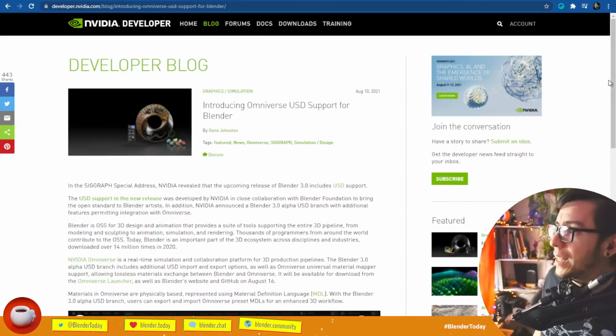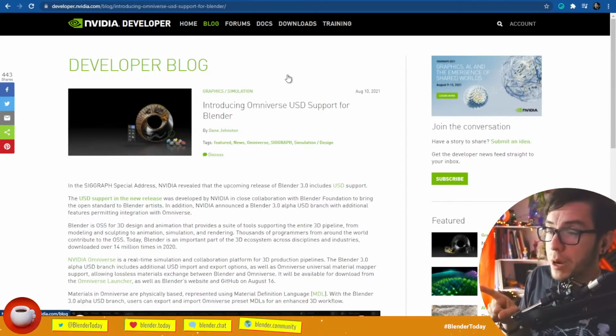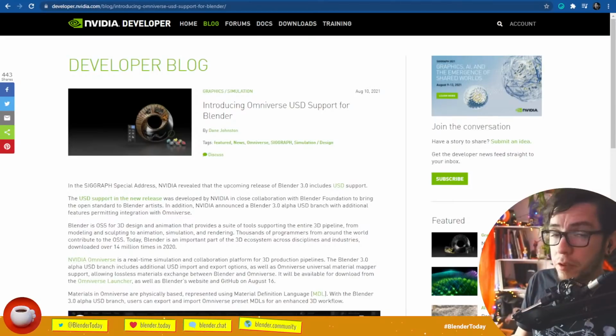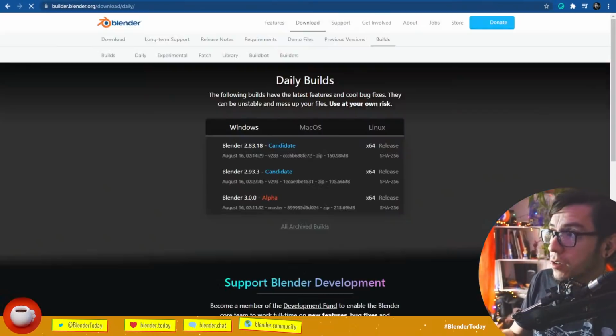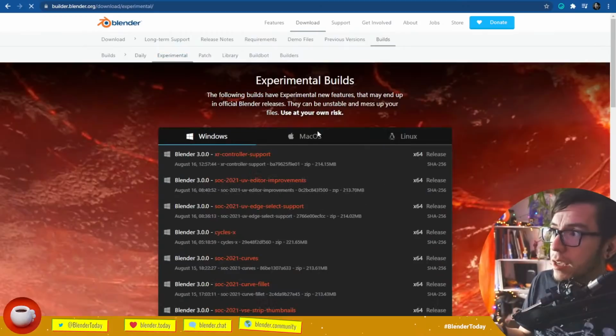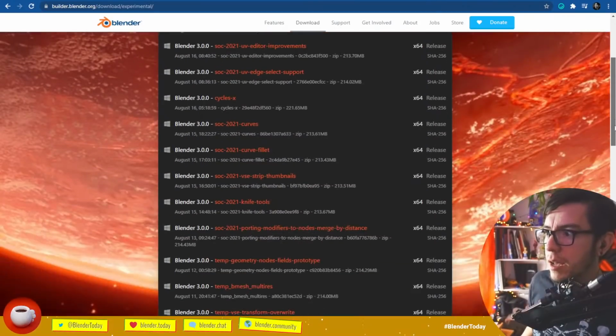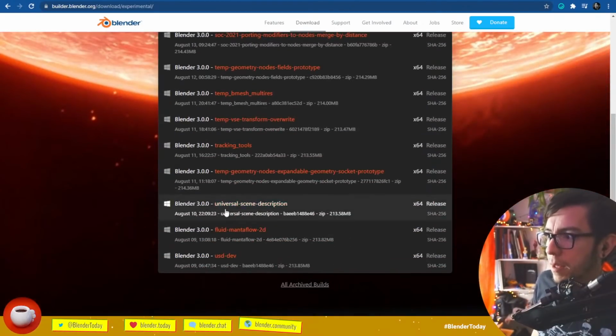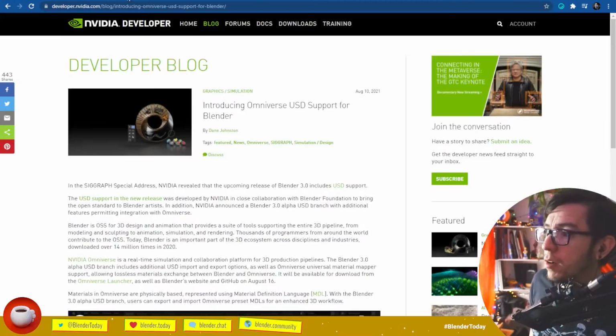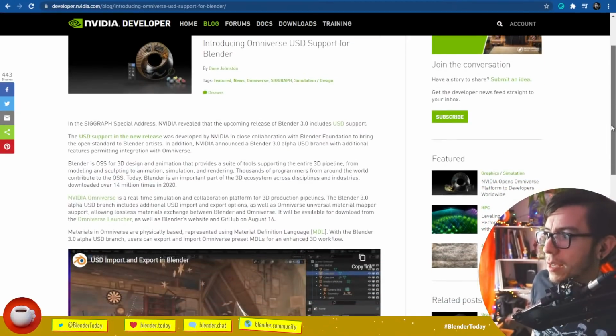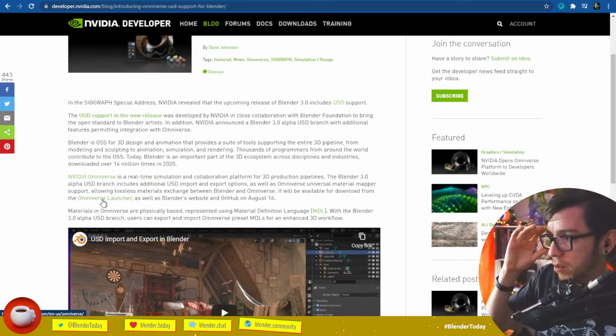The branch is hosted on builder.blender.org. It's going to be here, so you're going to be able to download it just like any other branch. But also they're going to provide a universal link, in the description. But also you're going to be able to use a launcher by them, the Omniverse launcher.